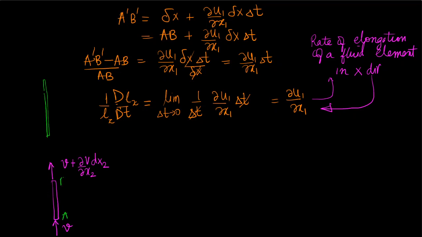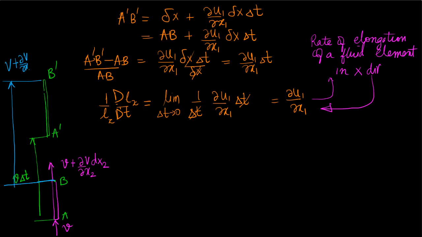If I call this AB and A'B', point A would move a distance of v delta t, while point B would move a distance equal to v plus del v del x2 times delta t. So once again we can write down what